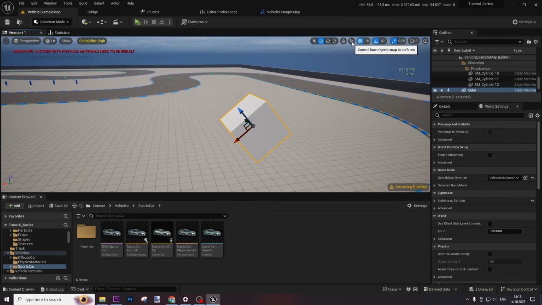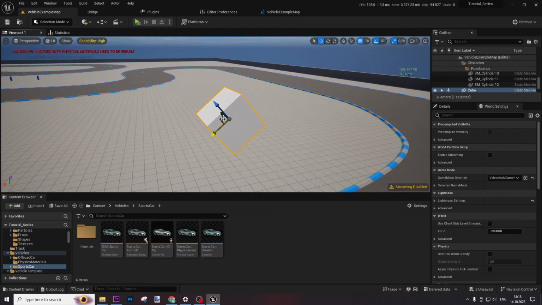Alright, then we have this button. This is for snapping to surface. I don't use this one, but you can use it if you want. This is just for making sure that your objects snap to each other. Then we have these buttons. This is